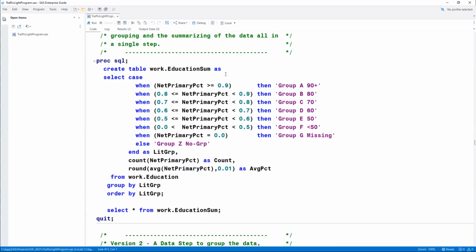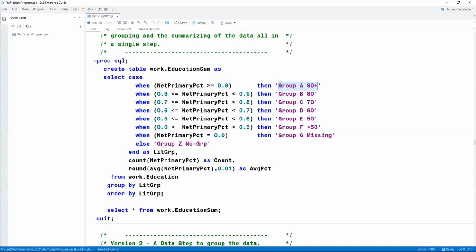And what I am doing is a single SQL step, using PROC SQL to create this summary table, education_sum. And I'm using a case expression to do the groupings, to essentially say, when I have a net primary percent that's greater than or equal to 0.9, set this new variable to a group value that is 90 plus, group A 90 plus.